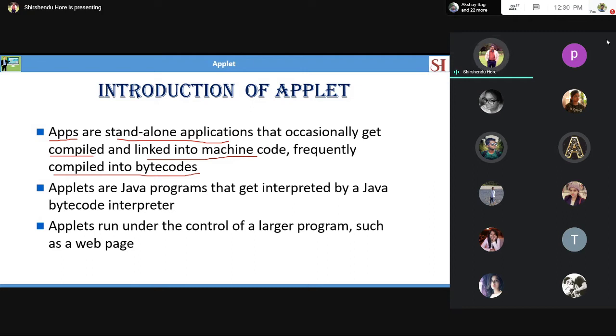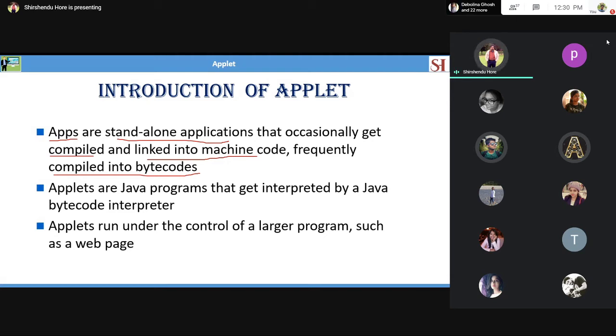So they are like parasites, and they must use some sort of bigger or larger program where they actually reside, like a parasite living on another living object. Same thing in case of applet, it cannot run by itself. It must take help of a larger program. The larger program may be the web browser. The larger program may be the applet viewer.